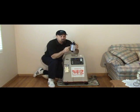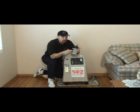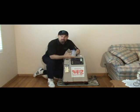On the bottle, there are 2 lines. The upper line says maximum, the lower line says minimum. The maximum line is very important. Do not fill past the maximum line. The minimum line is more of a guide. A patient can go for a while without humidification,